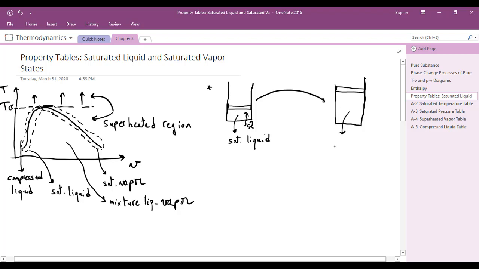So now we reach the saturated vapor state. If we want to draw this process on a T-v diagram,